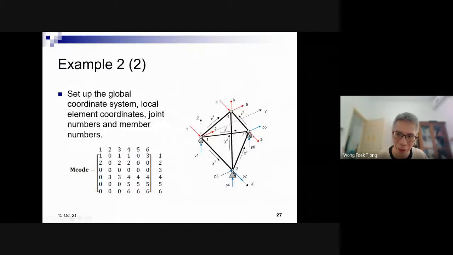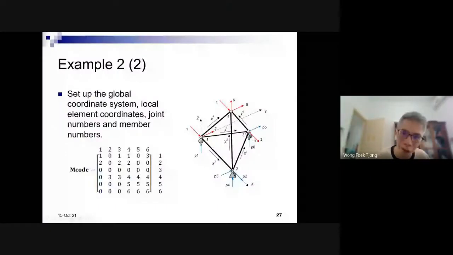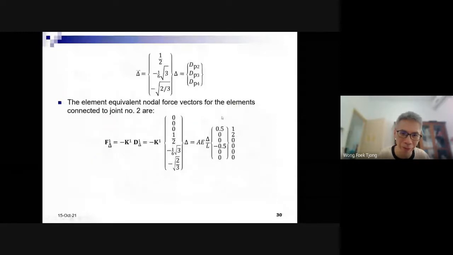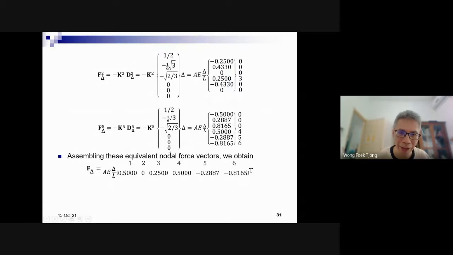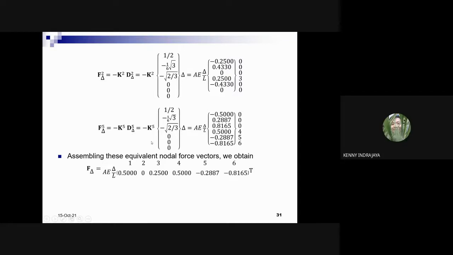So we don't include the active degrees of freedom actually. Just like element number 5, you see this is all 0, right? Because this is all active. Look at this, all 0. Actually, 4, 5, 6 are active, so it's not 0 actually. But for the active degrees of freedom here, we only include the inactive degrees of freedom.